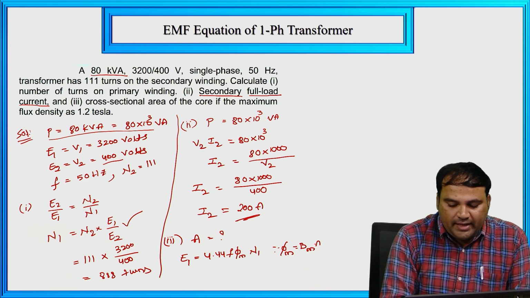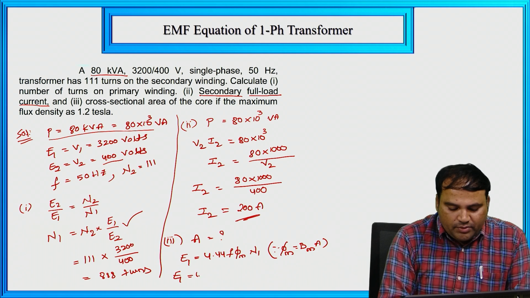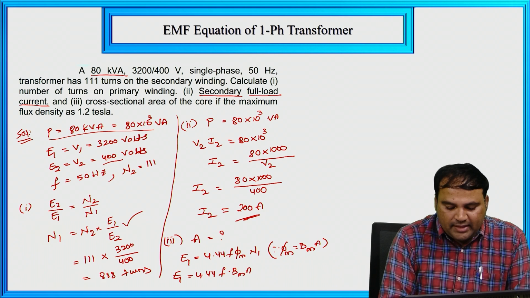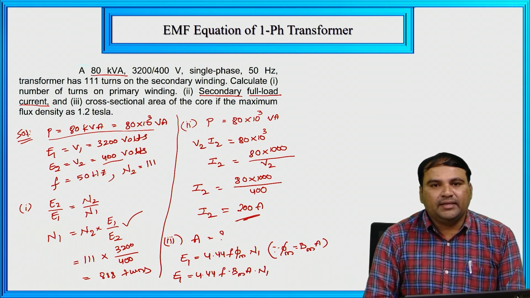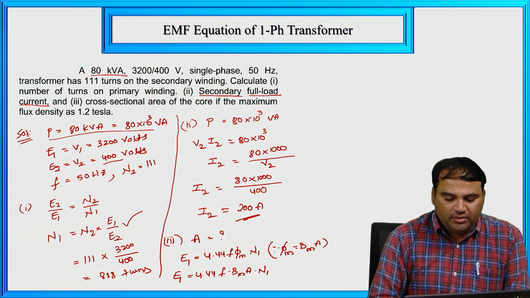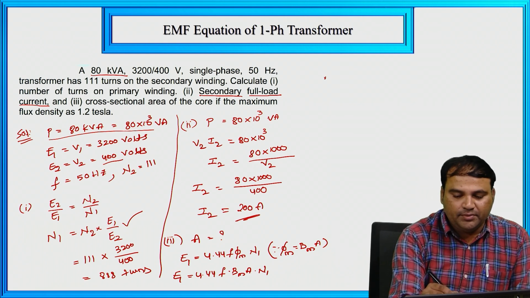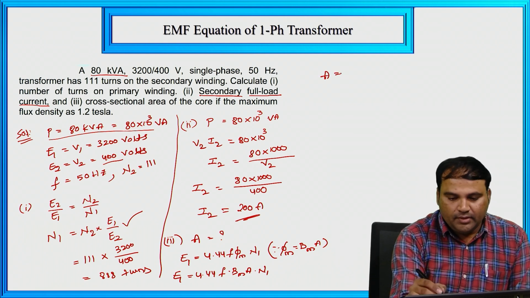So substitute here E1 equal to 4.44 F into B max A into N1. So in this equation we need to calculate the area of cross section, that is A equal to E1 by